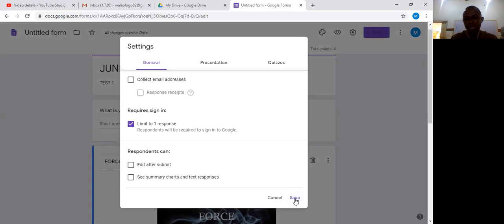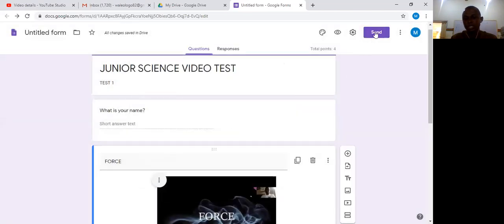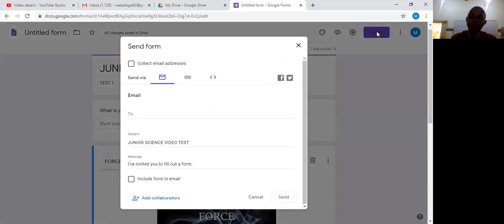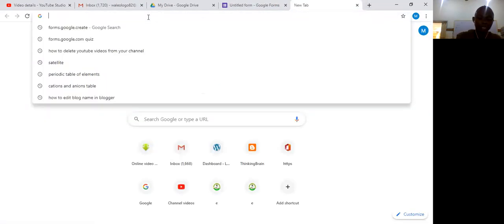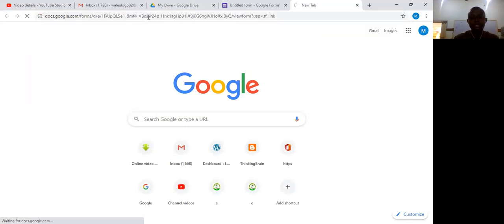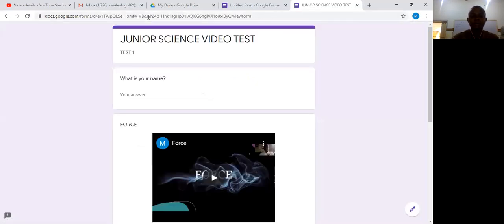Okay, so after that, what do you do? You send this form. Now, do you want to send through email, or through a link, or through other means? Click send through link. So you click on link, and you see copy link. When you copy the link, you can now paste it in a new URL. Let me paste that link on this URL. That's our link there. Okay, I paste it, and then this is my